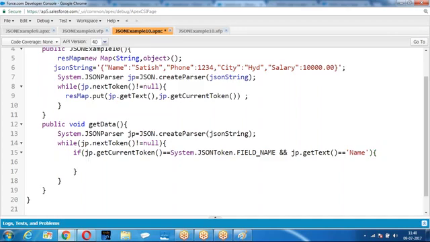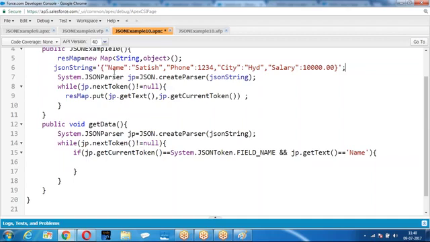If the current token is a field name, that is the key, and the value of the key is name. What is the key? The key is field name. That means the current token is a field name, and the value equal to name. Then get me the value.